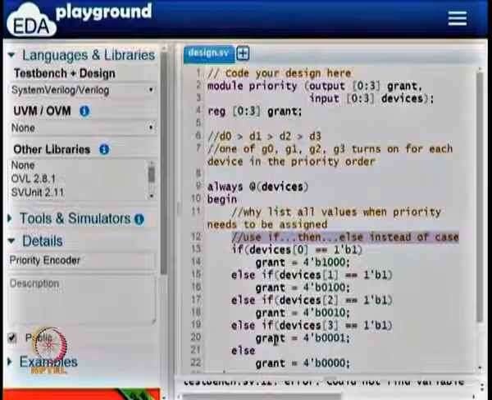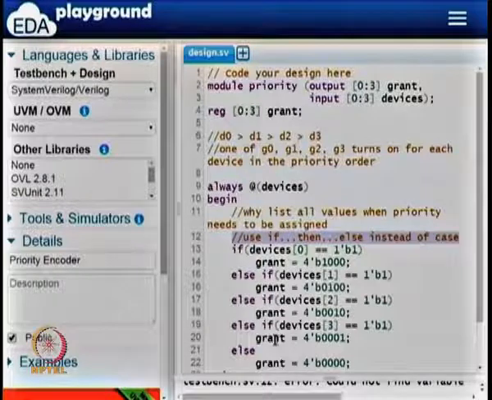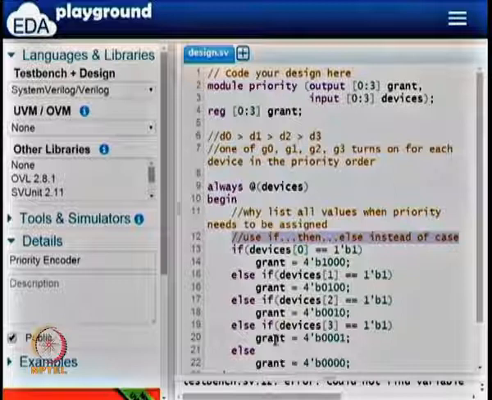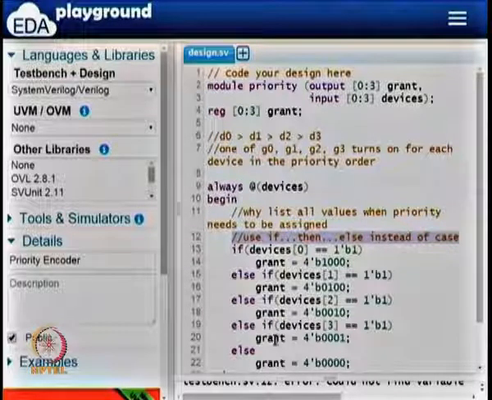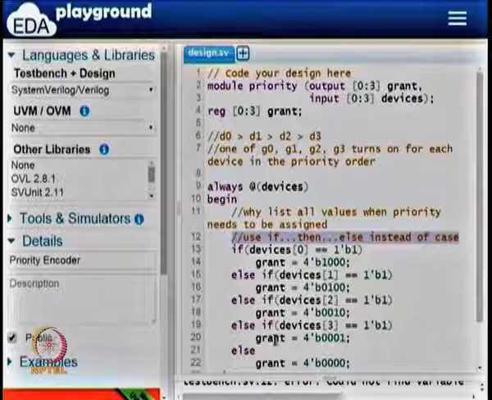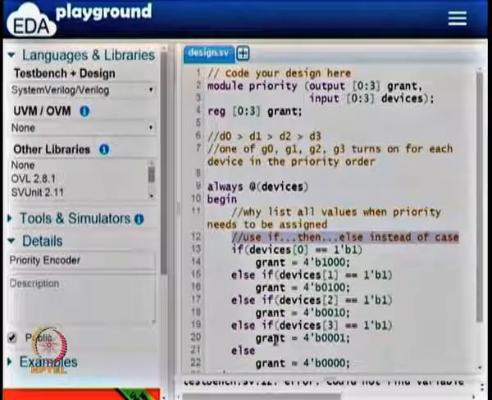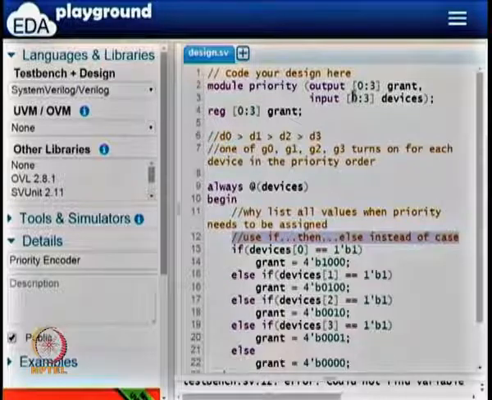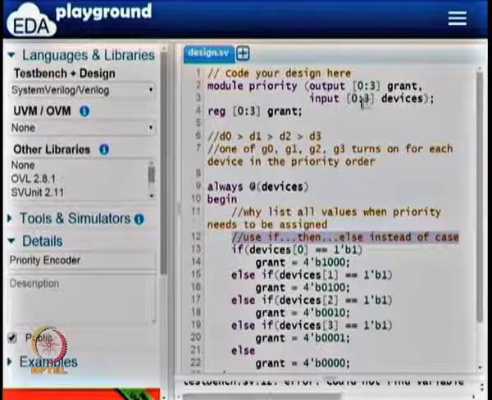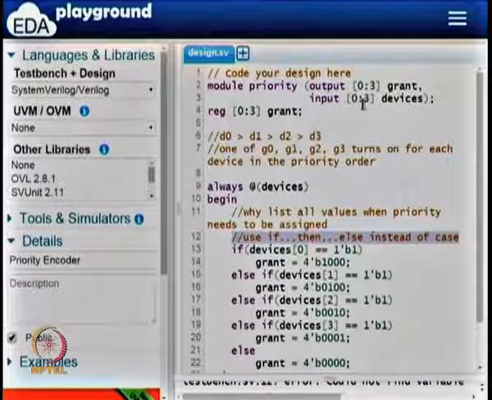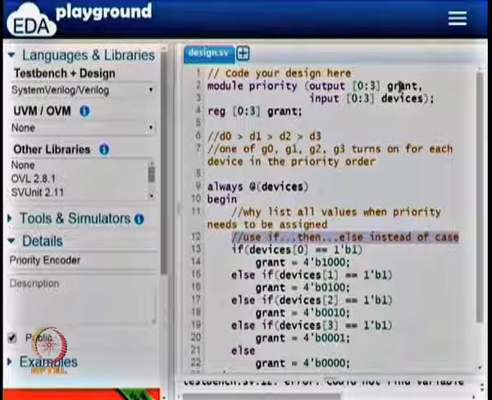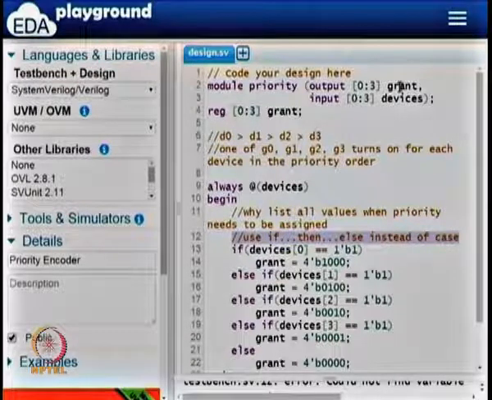We did this little thing. So I said there is a boss, there is a manager, an assistant manager, and a clerk. These 4 have requests, and based on the 4 requests there should be 4 grants. We designed a state machine for that, but let us say now I want to design a combinational circuit to do that. Based on the inputs, there are 4 lines that are going to come in. They are going to be called devices 0 to 3. So devices[0] is for the boss, devices[1] is for the manager, devices[2] is for the assistant manager, and devices[3] is for the clerk, and we want to see who gets a grant, whether the boss gets the grant or whatever.